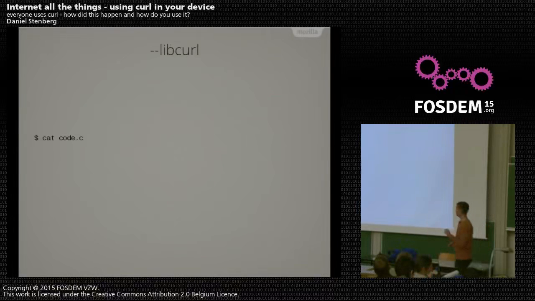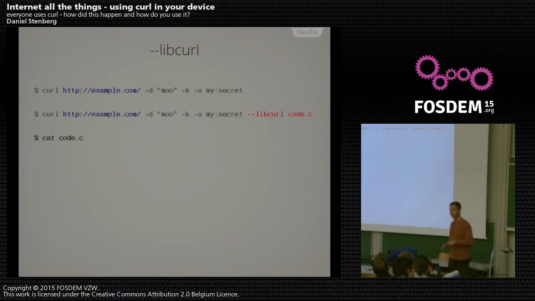And I wanted to mention, that got messy, that we have this fancy --libcurl command for the command line tool. If you ever run a command line with curl, some people do, you can add this --libcurl code.c, and it'll generate the libcurl code for that corresponding command. So you'll have the code written for you. It's not exactly the way you want it. You want to tweak that code, but it's an awesome template. If you ever want to repeat a command line in a libcurl way, that's the way to do it.